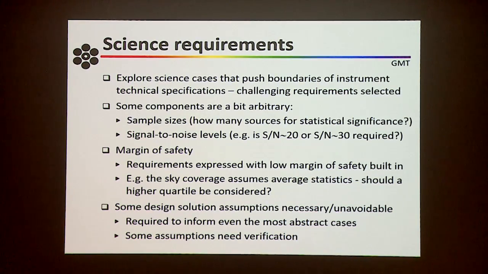Another issue to think about is the margin of safety. Some of the requirements are expressed with a low margin of safety built in. So, for example, the sky coverage typically is quoted in terms of the median seeing. Now that means that half the time you can't reach your specification, and that's not a good thing. So we need to think about what the safety requirements are. How much margin of error should we be building in? Should we be looking at, say, the 75th percentile for the sky coverage or something else? So these are things that you have to keep in mind when you're deriving the technical requirements from the science